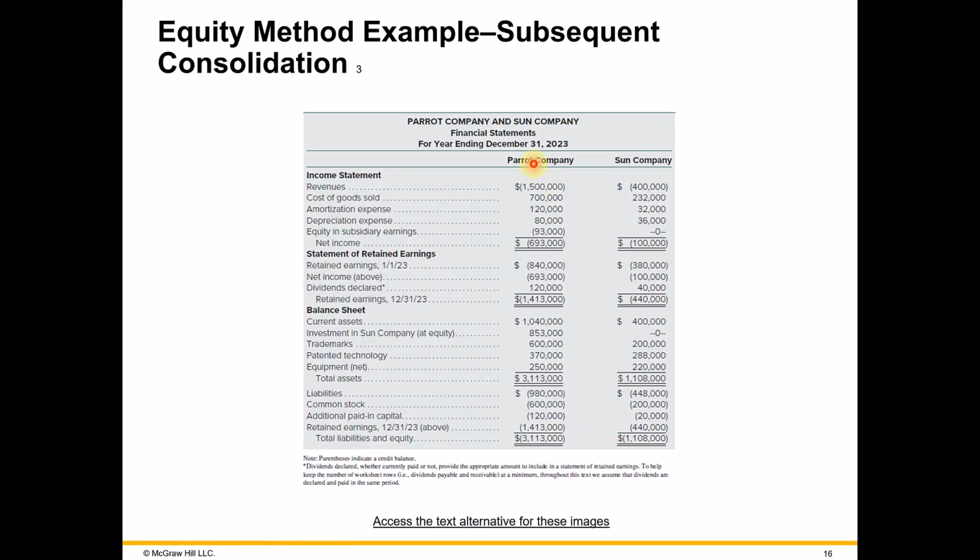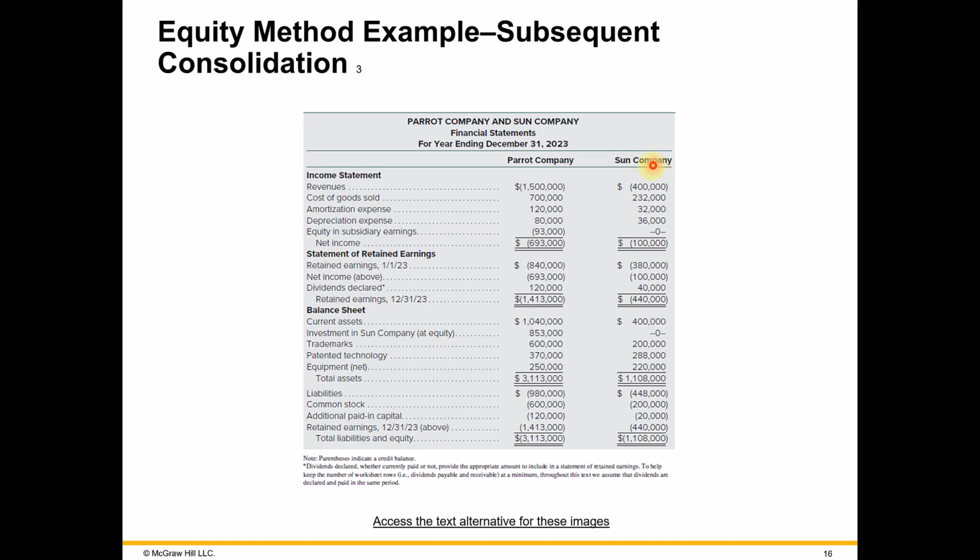So after the sub and the parent have posted all of their transactions and updated their accounts, here are the financial statements for each company, the parent and the sub. What our job is here in chapter 3 is to consolidate both together and to prepare a consolidated financial statement. Really just a worksheet where the numbers on that worksheet can be used to prepare a consolidated financial